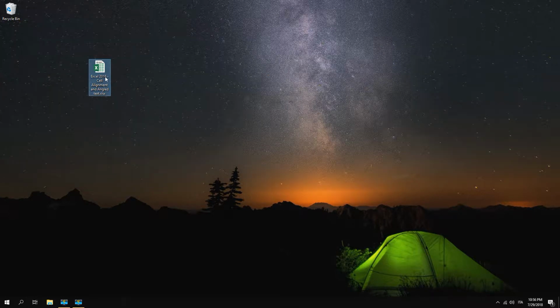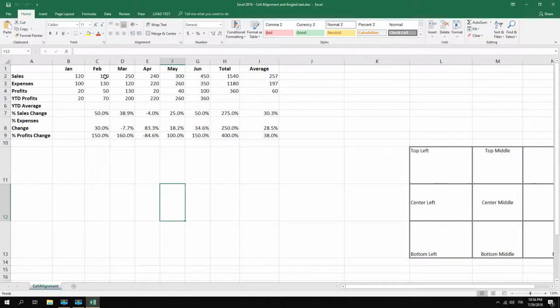Hi guys, so today I'm going to show you cell alignment and angle text. When working with Excel, you might want to align the text and the numbers, and you have all the tools to do that. You have a bar in Excel, Alignment, in which you can align the text and the numbers. For example, if you want to align the first column, the first row